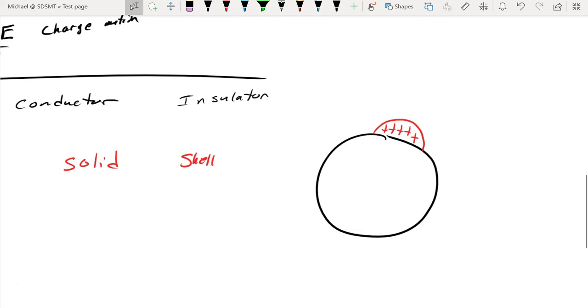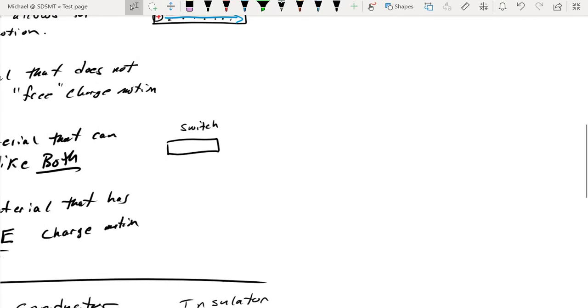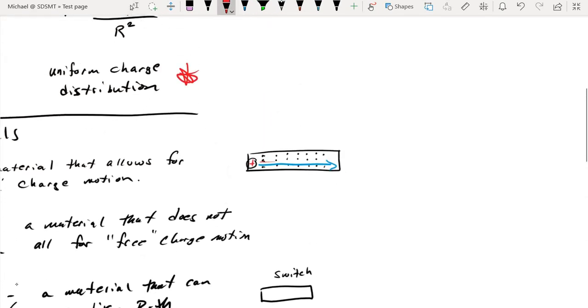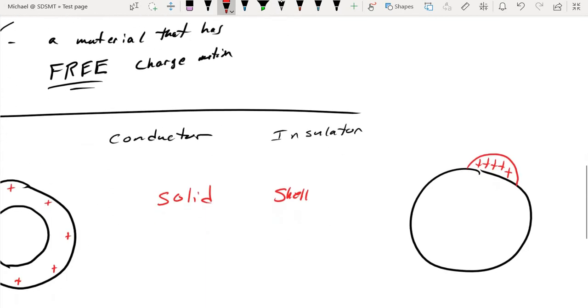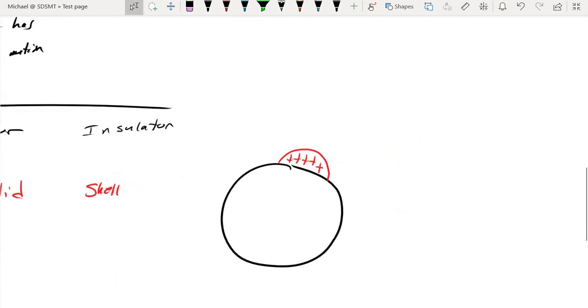However, I could still achieve a uniform charge distribution if I were to physically spread that charge out over the surface of the sphere myself. And so what I would have to do is come in physically with my hand,